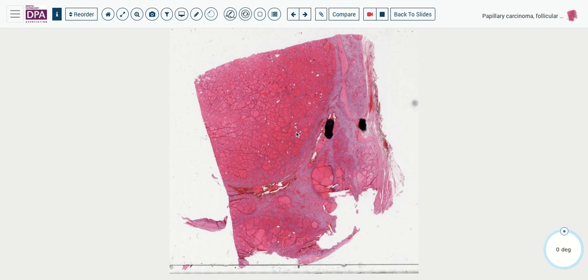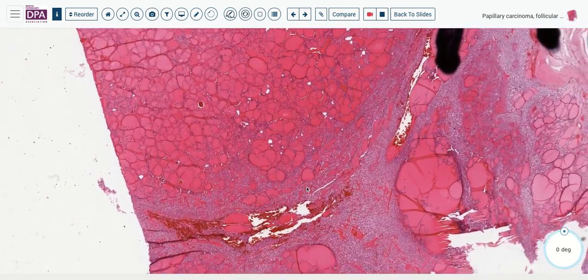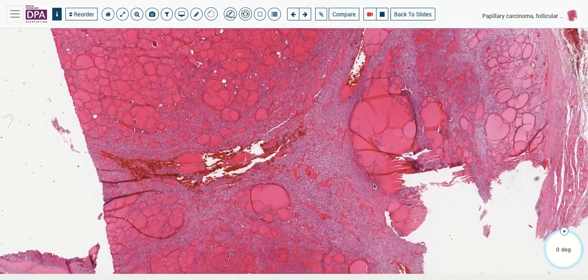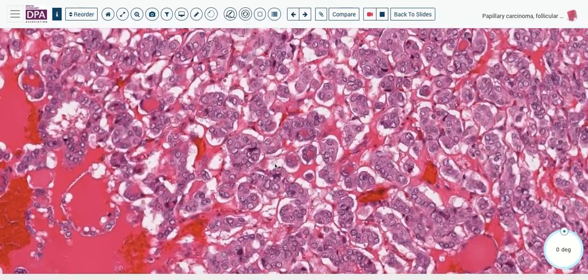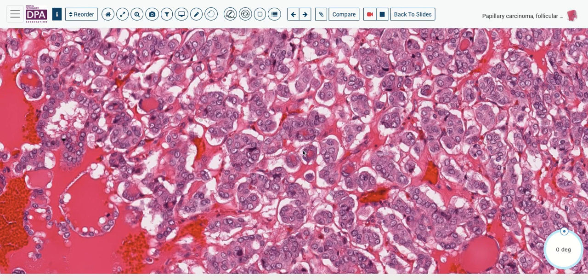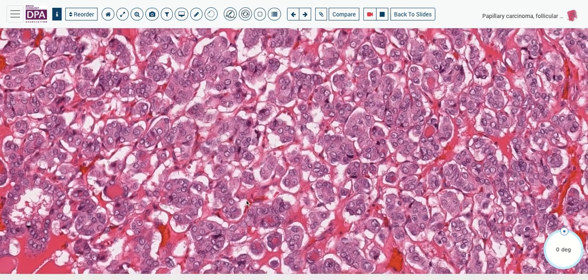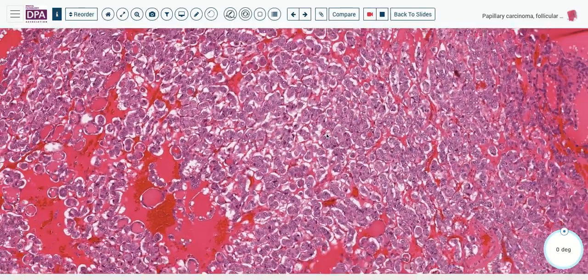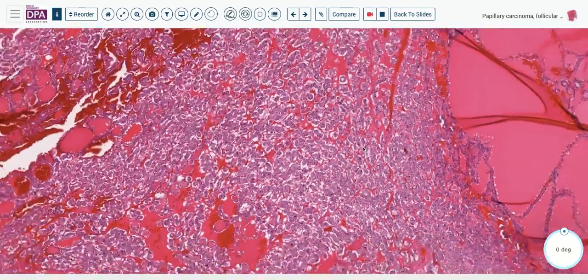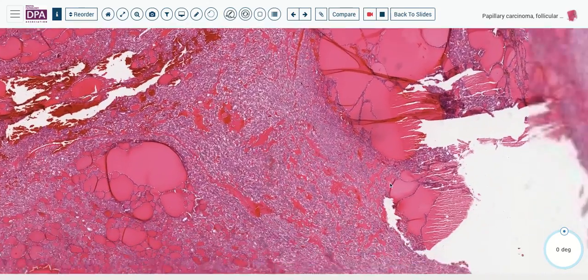So here's a nice example. We can see here lots of follicular differentiation. And I think you can see we've got a little bit of solid type tissue here, but even in these areas, if we look closely, we can see there are microfollicles here. So many of these areas are microfollicular pattern. But look at the nuclei as well. See how we've got grooves, we've got clearing, a few nucleoli. We've got features here that fit nicely with papillary carcinoma,